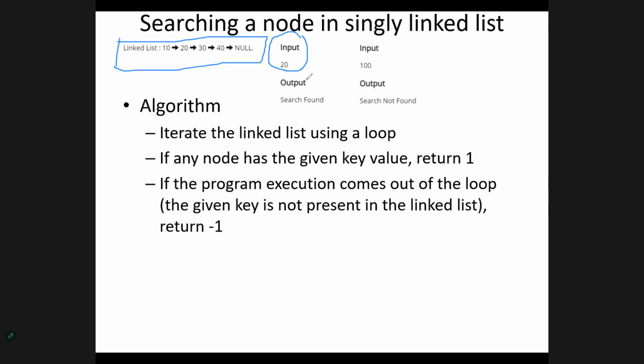So if you found it, okay, found, and this is the location. If the input is 100, you can't find any item called 100. So then the output should be search not found, right? So if you found an item, okay, search found and the item, and if there is an item which is not available in the linked list, then it will output search not found,